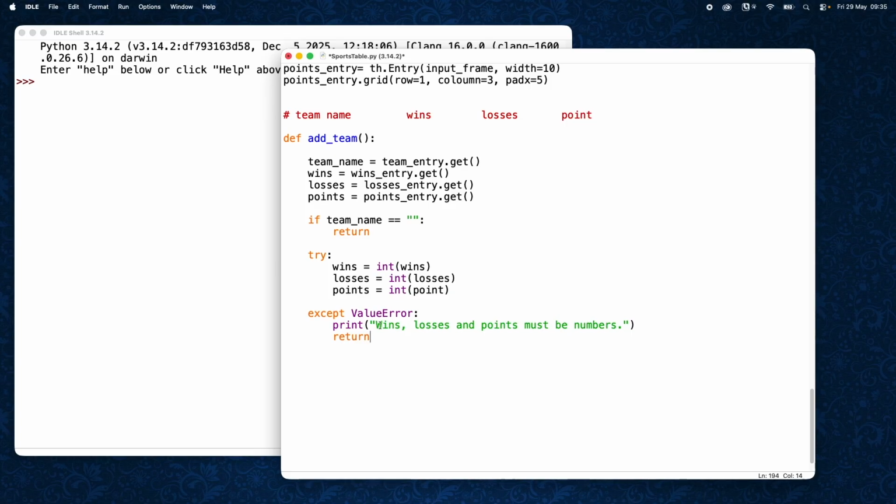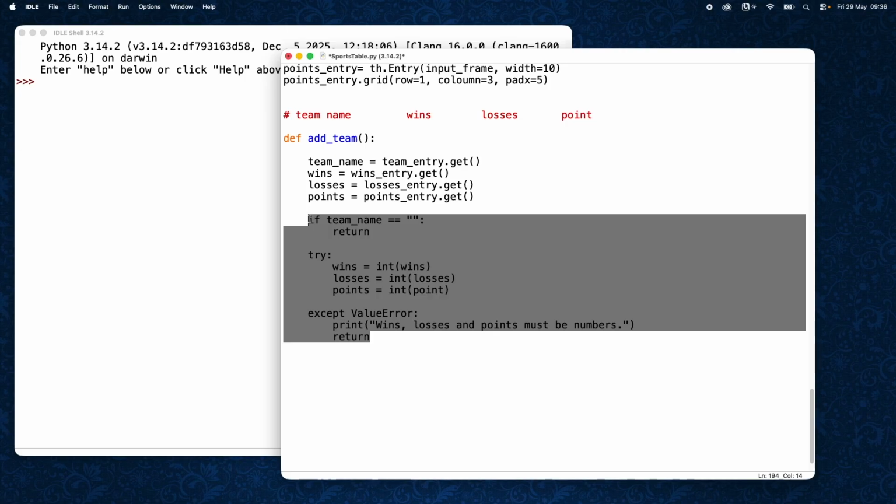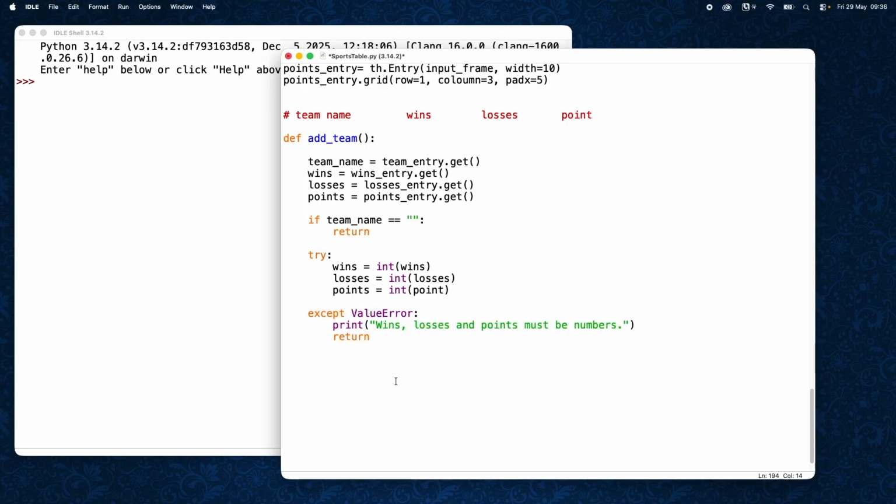But if not, we're going to print "wins, losses, and points must be numbers", and we're going to return back to the main screen. So all of this is to check that valid data has been entered into those 4 boxes that we've just created above. Now, if the data is valid, then we want to insert it into the database, right? And we already know how to insert things because we go